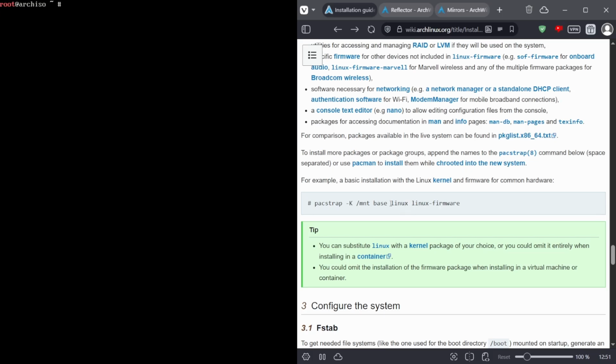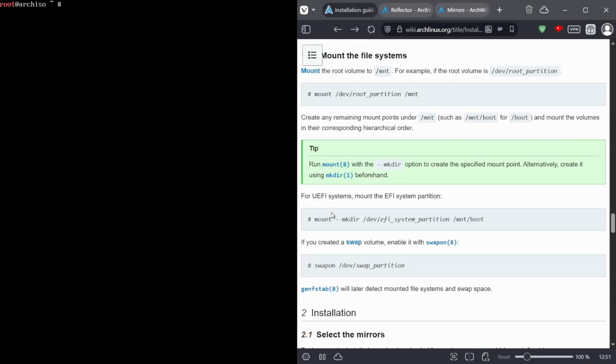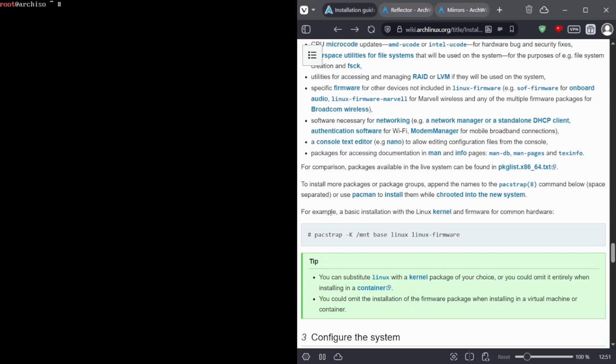What I usually do personally is install some other packages as well, like sudo and network manager. The pacstrap here, you can think of it like a bootstrap version of pacman. Remember pacman? Pacman is the package manager in Arch, like we have apt or dnf in Ubuntu or Fedora. So pacstrap,